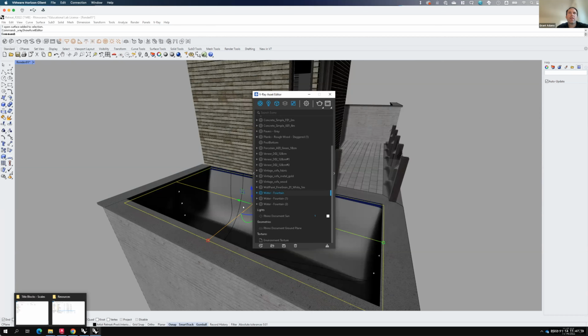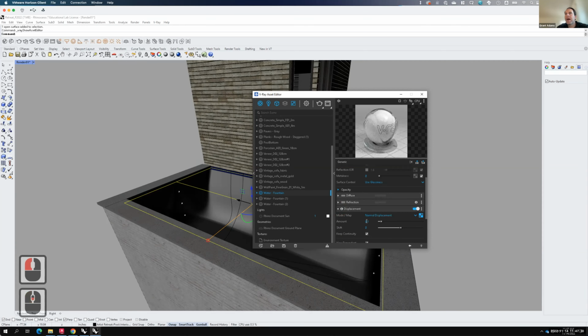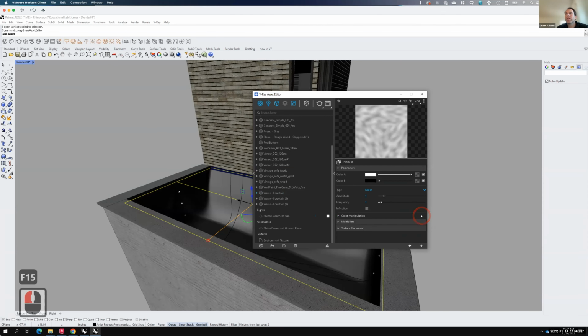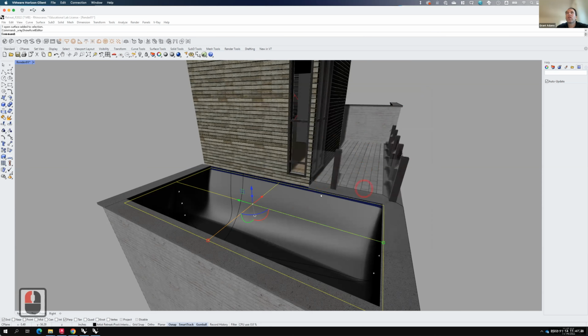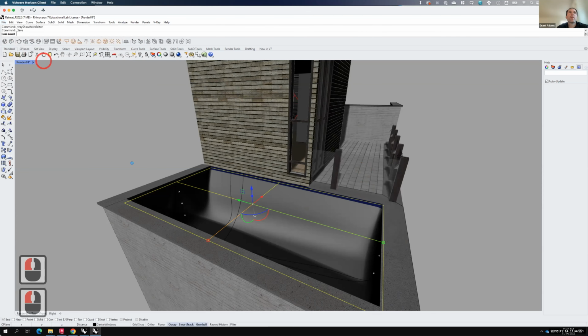The key here is that the water fountain material looks a lot like water, but it does have a little displacement map that's been applied to it. And that map adds a certain amount of waves to that file. This should be loaded. There it is. And that represents our waves that are on the surface. It's just a noise texture that's been applied. And so with all of that applied, when I save this and then jump back over into my rendered view